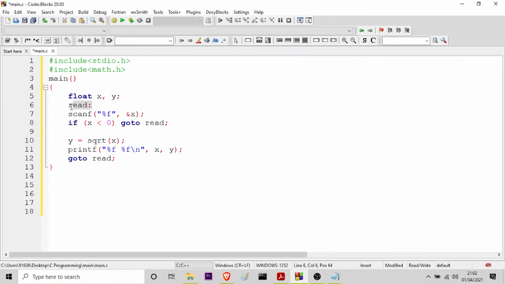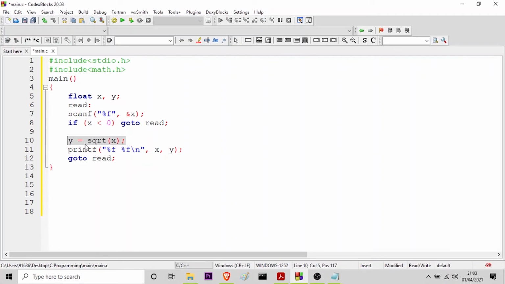Then this is the label read, and then I am trying to take the user data for this x, and then I am checking if the value of x is less than 0, then I am telling the control of the program to go to this read label again, and if it is more than 0, then it will come to this line and it will calculate the square root.